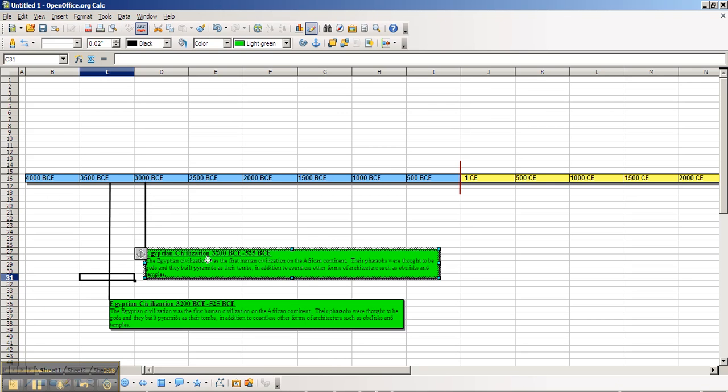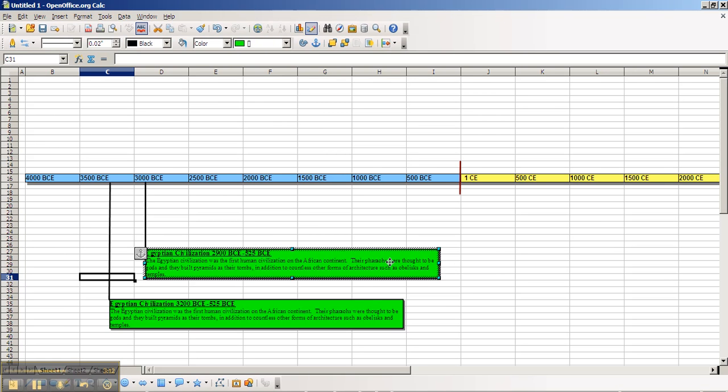Now when you're ready to edit this and put new information here, you want to double click on this, and that will allow you to edit this text box. Again, make sure that your line hits right at the place of your start date. Now this line is hitting here somewhere between 2,500 and 3,000. If 2,700 is right here, then this is probably going to be closer to 2,800 or 2,900. So we're going to go ahead and make that happen. 2,900